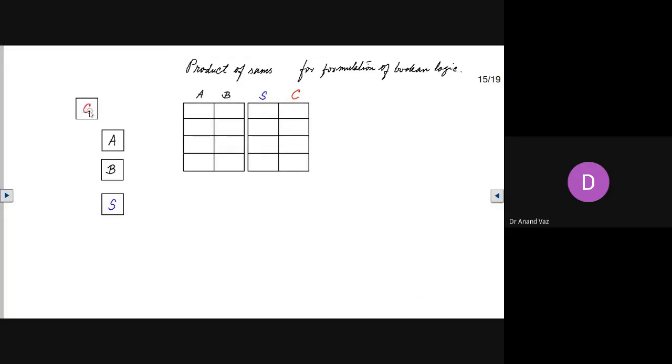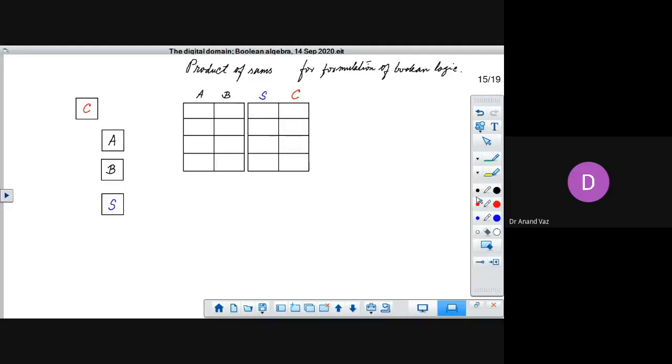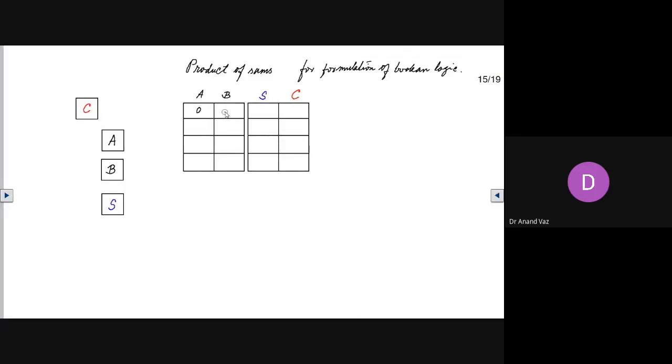These are bits, and these variables can take values either 0 or 1. Now, what are the possibilities that we can have? We can have 0, 0, 0, 1, 1, 0, or 1, 1. These are the four possibilities that A and B can take.